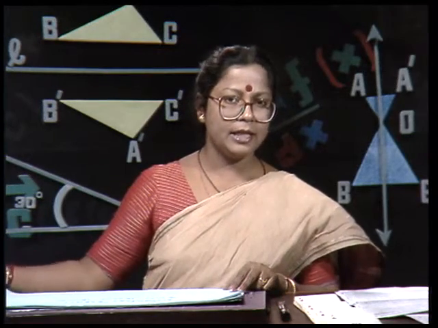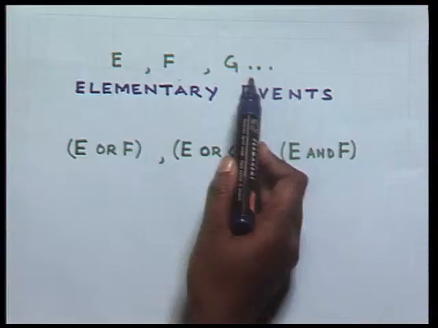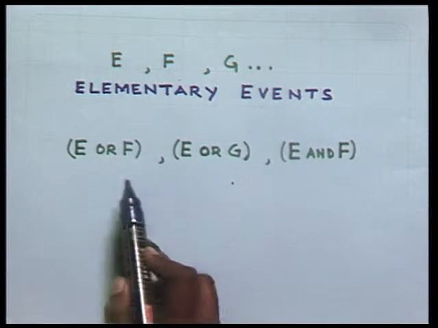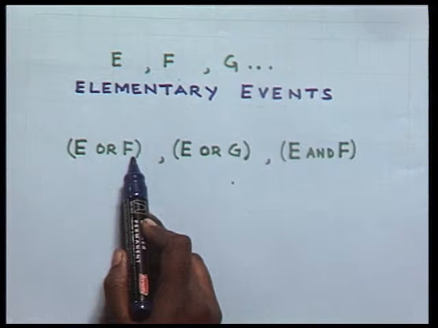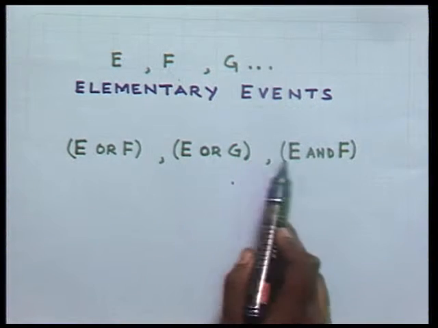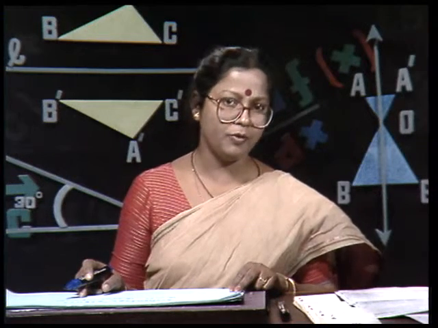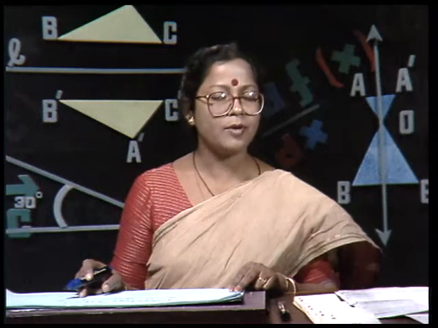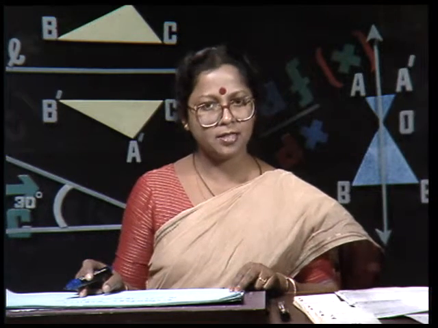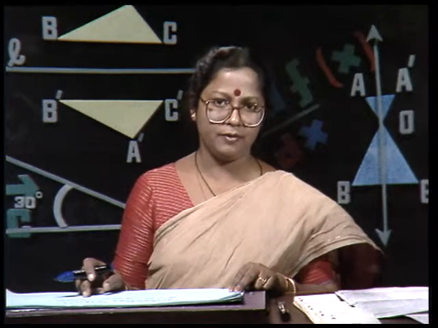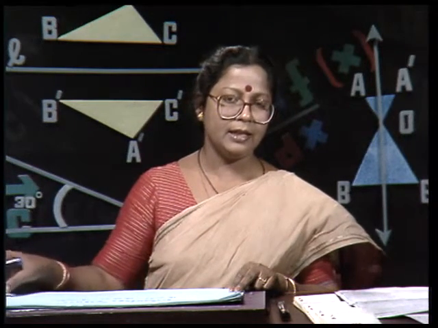The events E, F and G are called elementary events, and the events E or F, E or G, E and F, they are examples of decomposable or compound events. We now try to establish a relationship between elementary events and compound events. For that, let us again